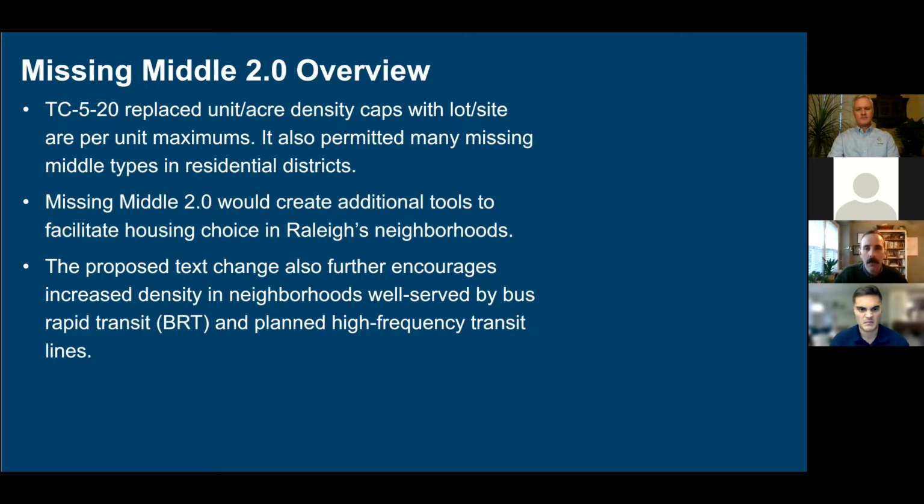And planned high frequency transit lines are planned for the next 5 years. So this is a build out of a bus system where buses will stop at every stop every 15 minutes. And in those areas that are well served by those 2 types of transit, the city is hoping to